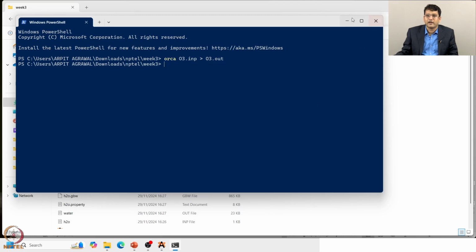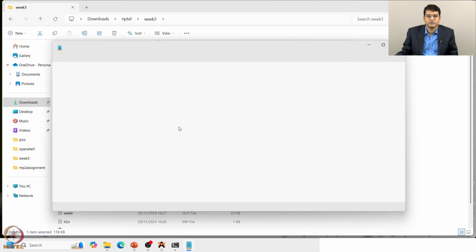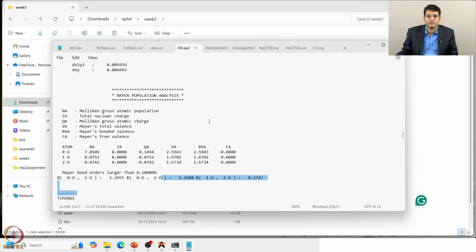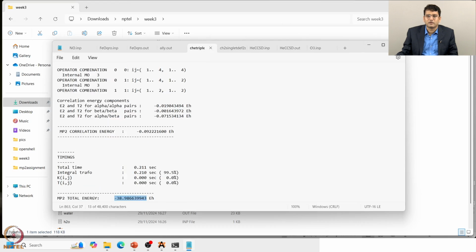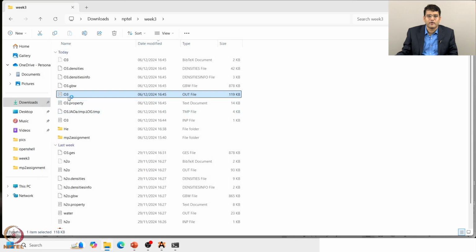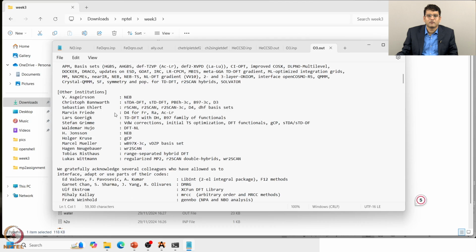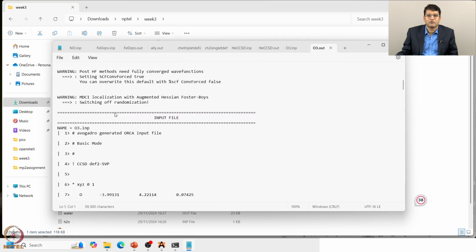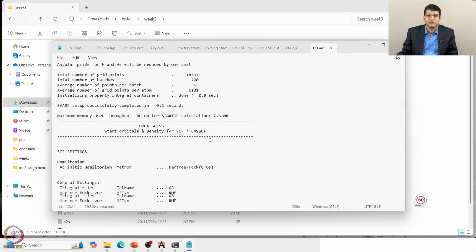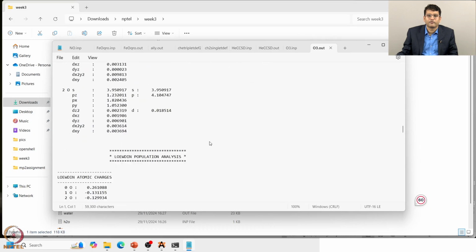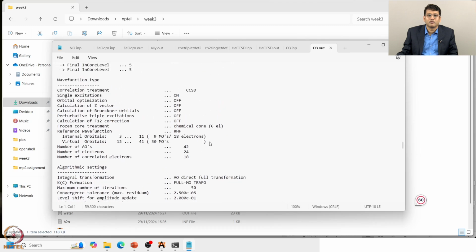So it's done. Let me open the output file. Some previous calculations were already there, so let me open it. So this is coupled cluster, and if we come down a little bit more, so in this case